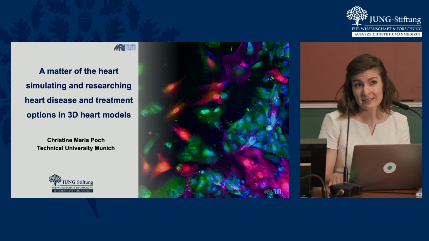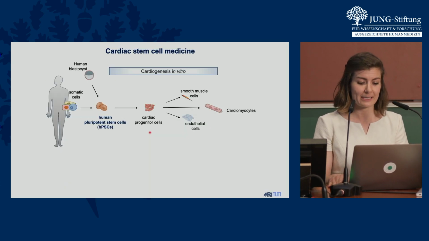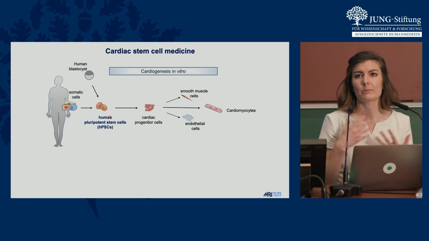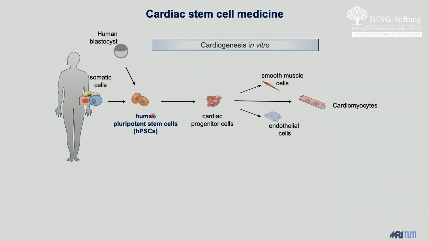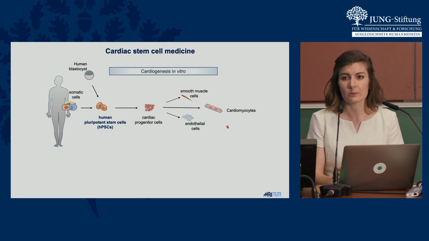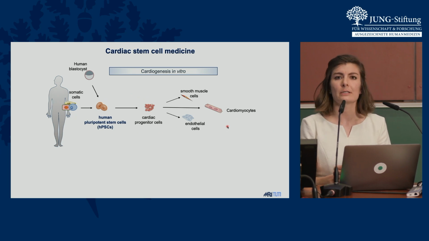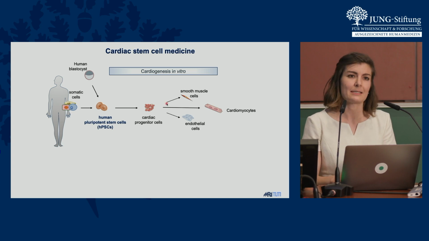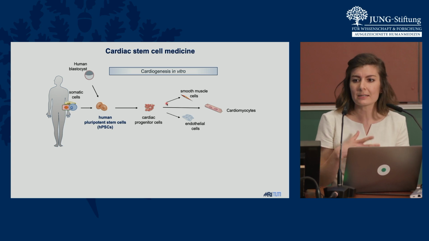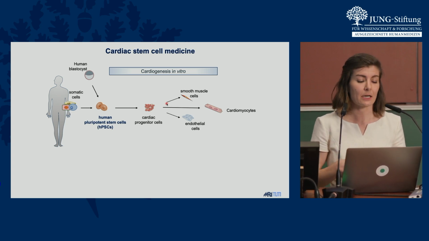I'm a clinician scientist working in the field of cardiac stem cell medicine that is based on human pluripotent stem cells that can be cultured in vitro and differentiated to any kind of somatic cell. We in the field of cardiology differentiate them to cardiac progenitor cells that give rise to smooth muscle cells, endothelial cells, and mostly cardiomyocytes. And we are particularly dependent on this technology because the adult human heart has, unlike many other organs, no resident stem cells that could be isolated and would help us to study the cardiac development and